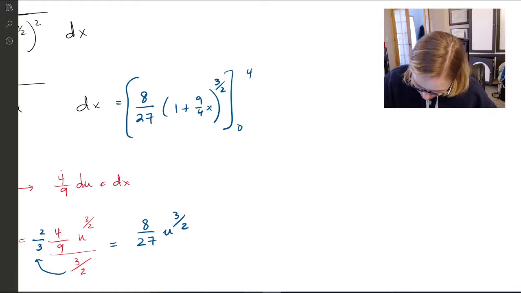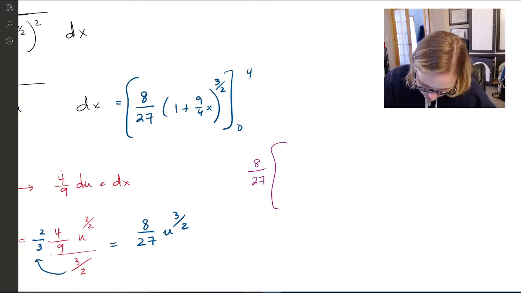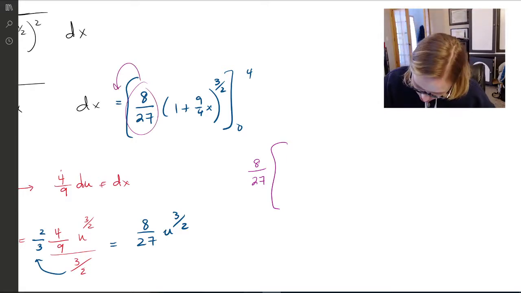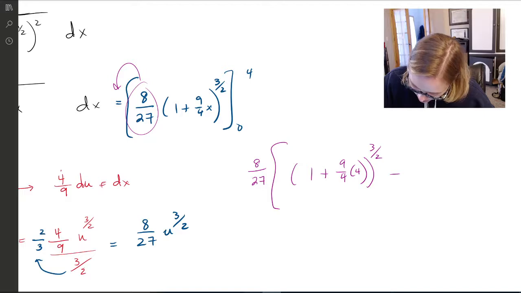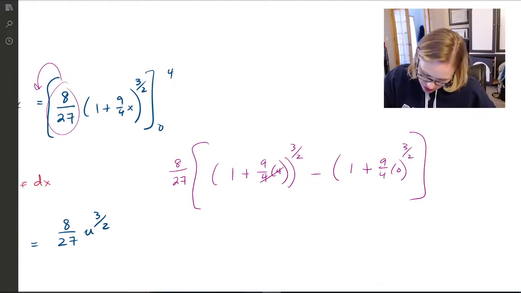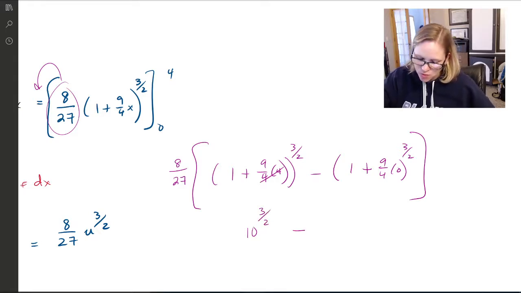I'm going to put 4 in. 8/27 kind of hangs out, so I'm going to factor that out, so it makes it a little easier to work with. So I'm going to have 1 plus 9/4 times 4 to the 3/2 power minus 1 plus 9/4 times 0 to the 3/2 power. Okay, so it's not so bad after all. These cancel out. This becomes 10 to the 3/2 minus, 1 plus 0 becomes 1,